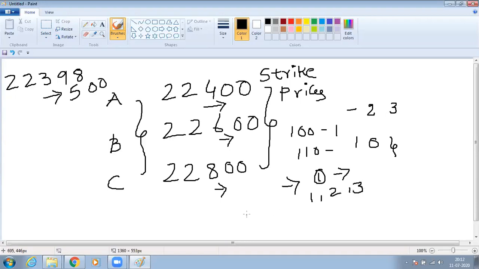You have to always trade in lots. For the monthly expiry, the Bank Nifty lot size is 25. Whenever you want to trade options in Bank Nifty, you have to buy 25. Hope you have understood so far. So here the strike price is there, the lot size is there, and I will explain clearly how to buy now.